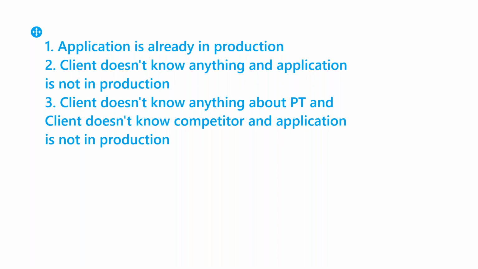Now who will give us that number? How to get that number 900, or the max load, or the number for the load test? How to get this in scenario 3? Because we don't have a competitor also. In the previous scenario we were assuming that we are Flipkart, and we are trying to get our competitor data from Amazon. Here in scenario 3, we don't have the competitor also. It's a brand new application, or a brand new thing in the market. We don't have any competitor, we don't have any idea, and the client doesn't know anything about performance testing.